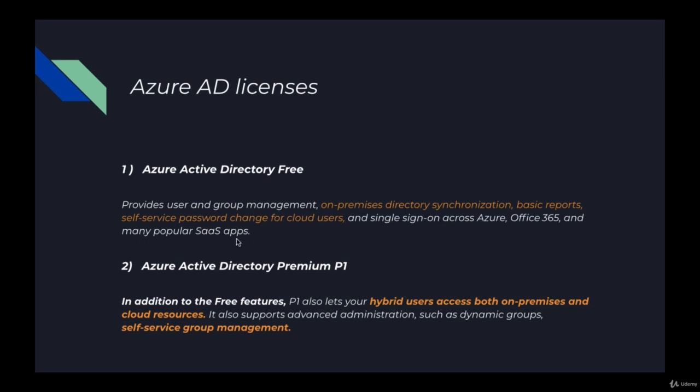But let's say there is a requirement where you need to manage both on-premise and cloud resources; in that case you need to upgrade your Active Directory Free license to Active Directory Premium